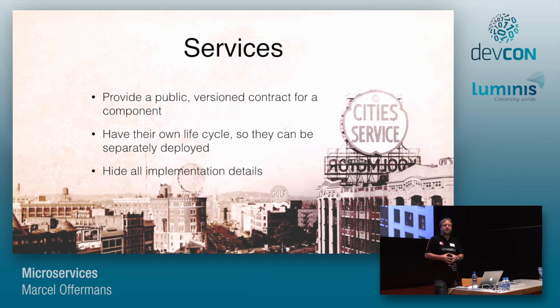And of course, we can't talk about microservices without zooming in on the actual services, because that's sort of the API to the outside world. That's how the different components talk to each other. And these services should obviously provide a public contract. In most cases, it also makes sense to somehow version these services, because you might want to evolve them over time. And hopefully that never requires an API change, but in practice sometimes it does. So you need to make sure that you can handle that.